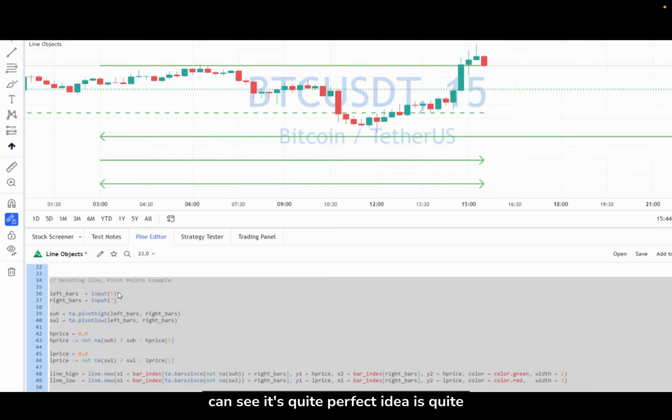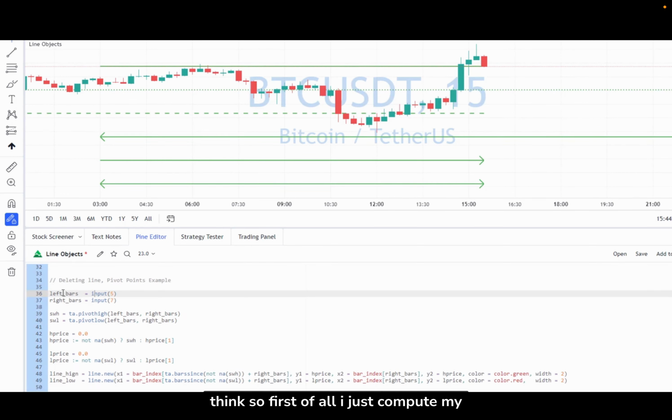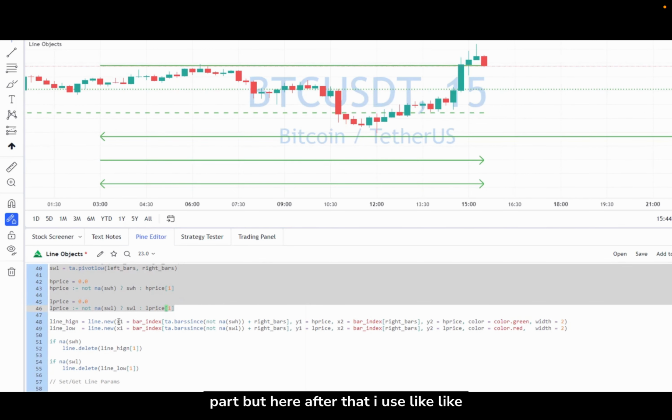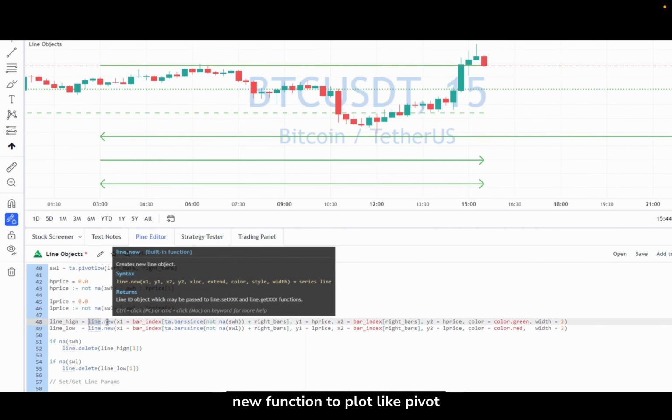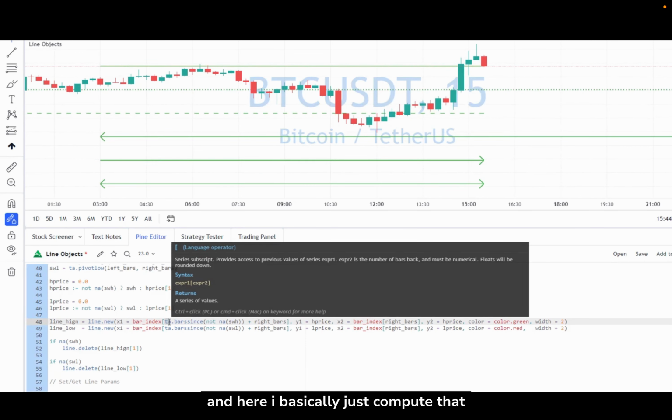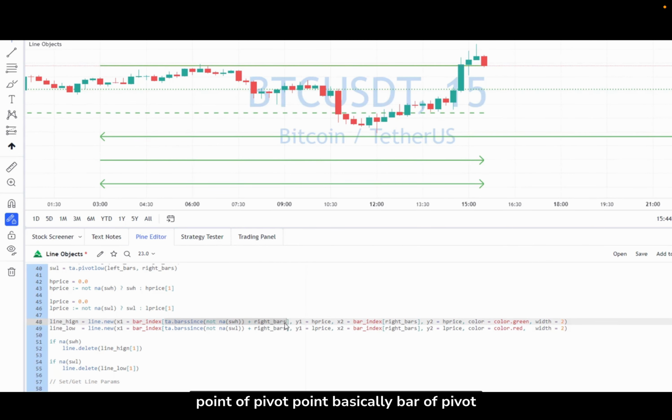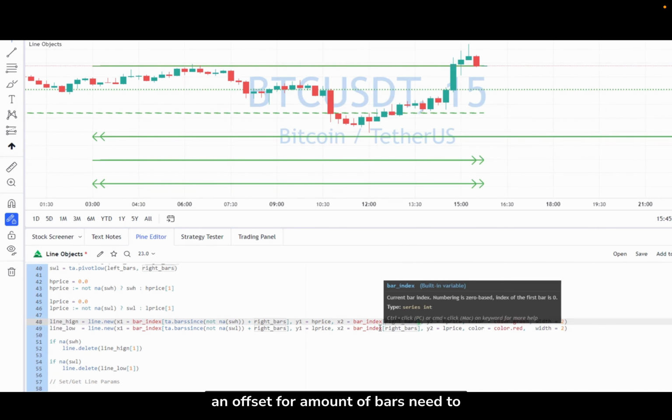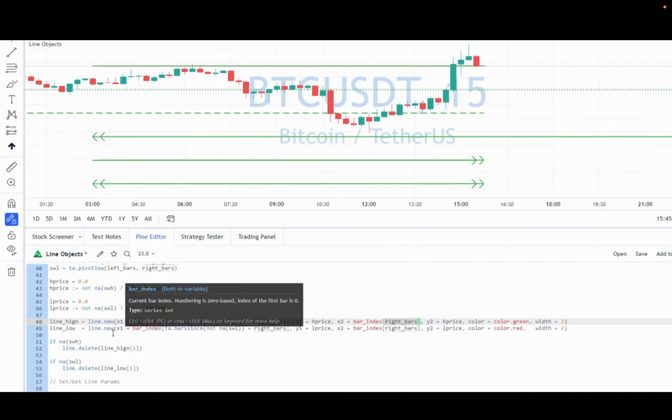As you can see, the idea is quite simple, but to do that I do the following things. First of all, I just compute my pivot points. This is not a very interesting part, but after that I use the line.new function to plot pivot low and pivot high levels. And here I basically just compute the bar of the pivot point, and I use the right bar as an offset for the amount of bars I need to confirm it,